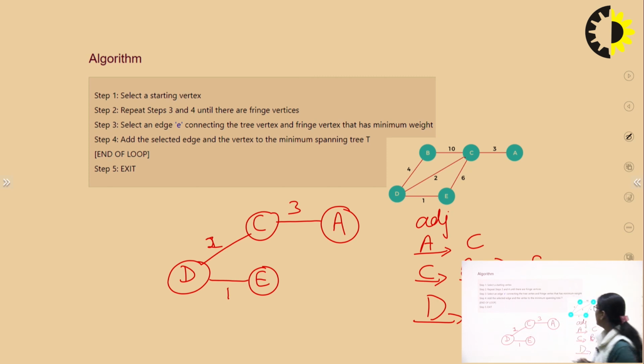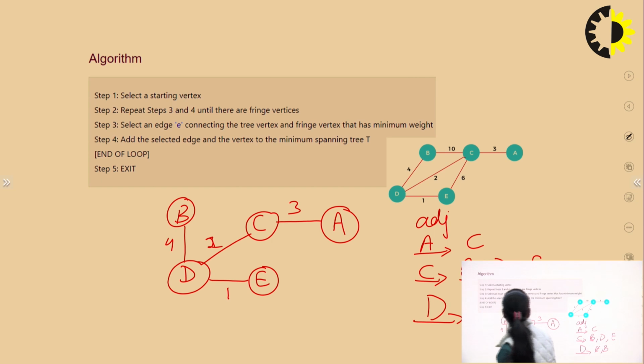B, we are having the cost of 4, and if we are taking C to B, as we are seeing now, the adjacent of B in the final graph, we are having only 2 adjacent, which is D and C. If we are taking B to C, the cost added is 10. And if we are taking B to D, the cost added is 4. So obviously we can take